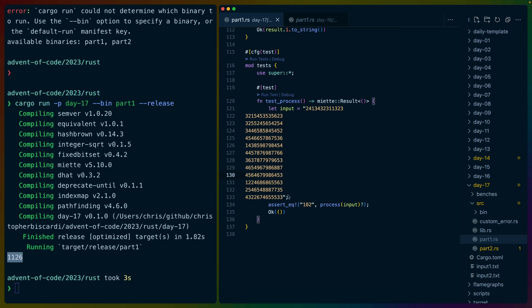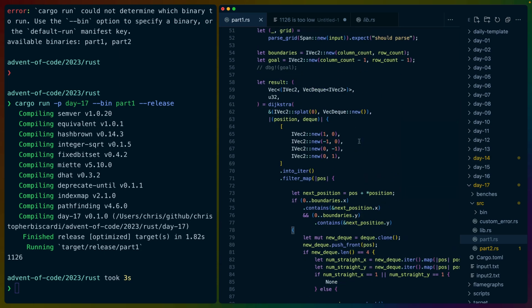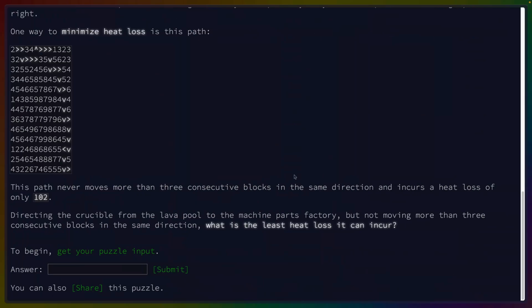I don't know how to test this now because we got the right answer here. I wonder if our vec deck needs to actually hold everything. Because right now we're doing if the length equals 4, which means we are in the 4th position, right? That doesn't sound right. Okay, let's check the...